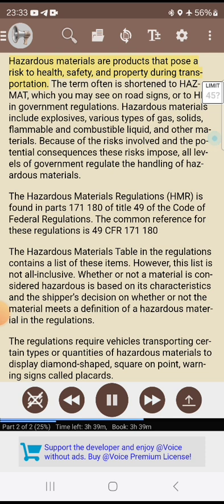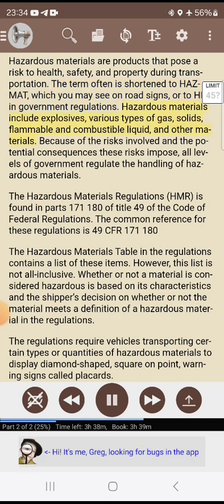Hazardous materials are products that pose a risk to health, safety, and property during transportation. The term often is shortened to Hazmat, which you may see on road signs, or to HM in government regulations. Hazardous materials include explosives, various types of gas, solids, flammable and combustible liquid, and other materials. Because of the risks involved and the potential consequences these risks impose, all levels of government regulate the handling of